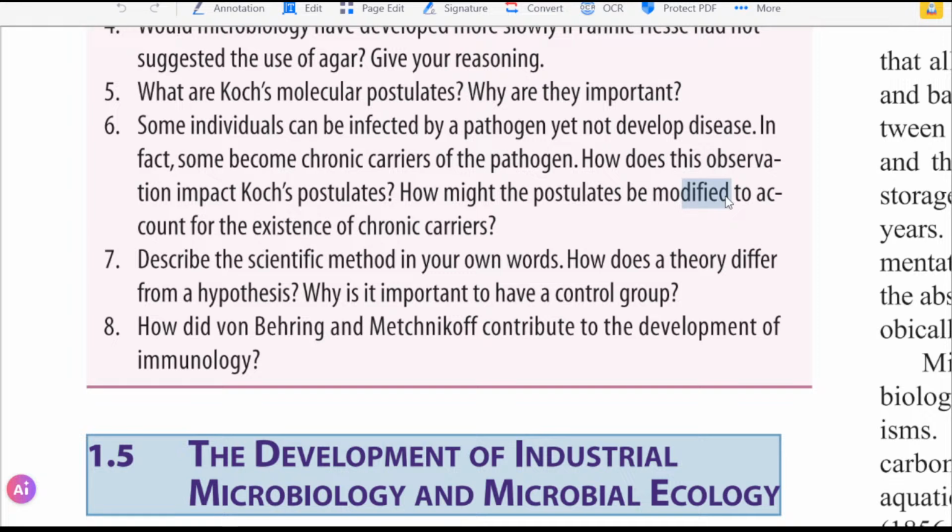Why is it important to have a control group? Control group is the one that we know what the answer is, right? Like you can say the teacher has a paper and the answers are all written there, and we know what the correct answers are and what the wrong answers are. This is the control group. And then there is a class which has the papers, and some people get the right answer, some get the wrong answer, and then we compare it to our control group, we check it. So the same case is with the microorganisms. We check for the presence and absence of microorganisms. Like, I'm giving an example: people say this guy is HIV positive and that one is HIV negative.